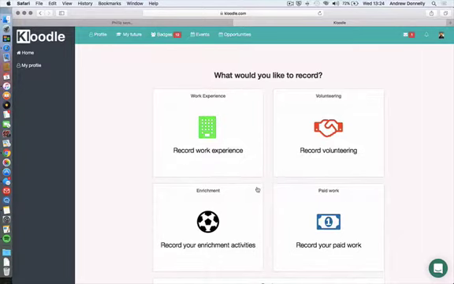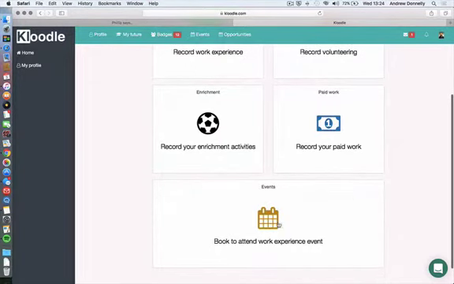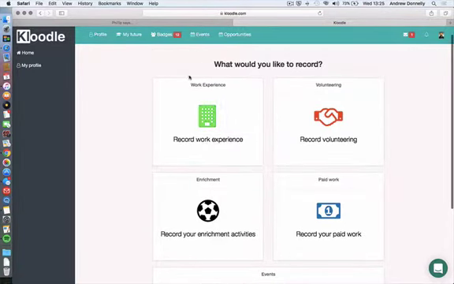and then obviously they've got 5 options now, so they can book onto an event that a member of staff has created. At LSEC, I know there's been a whole ream of employability events that have been added to students, and students are constantly booking on those. I'll show you just how to access those shortly. How students, if they were to click on work experience,